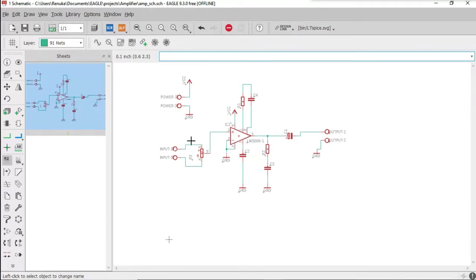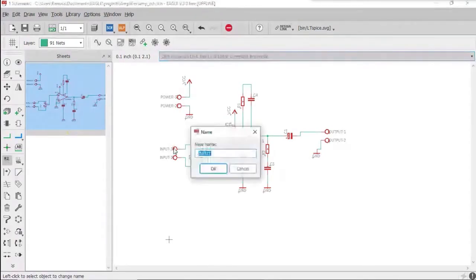So I'll just repeat again. Select the option called name that looks something like this, like R2 by 10K. When you place the cursor on that, it shows name. Click on that and select the component which you want to rename. A small window will appear.